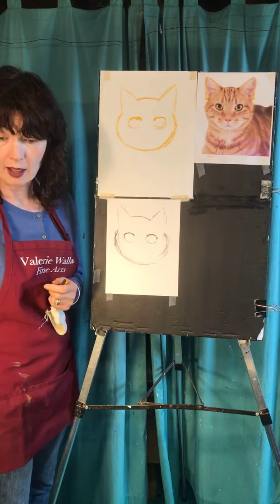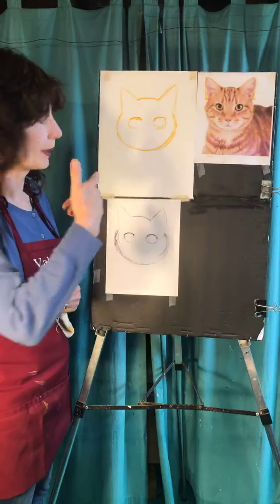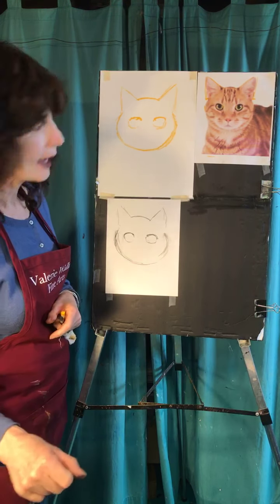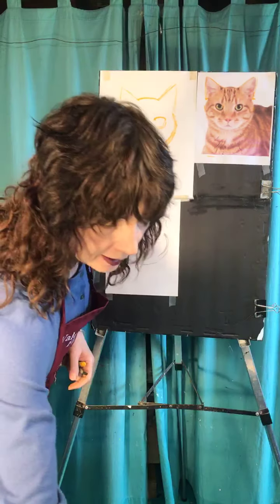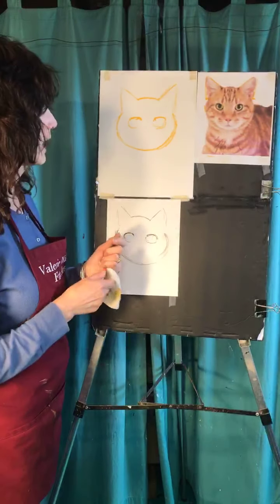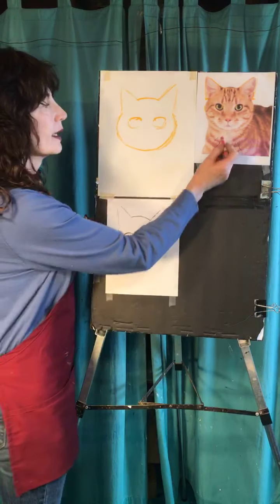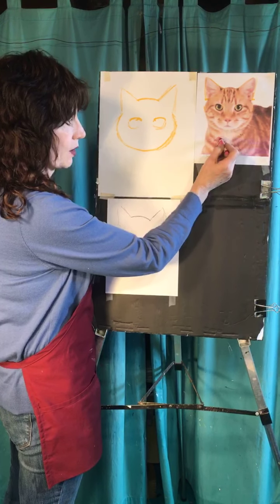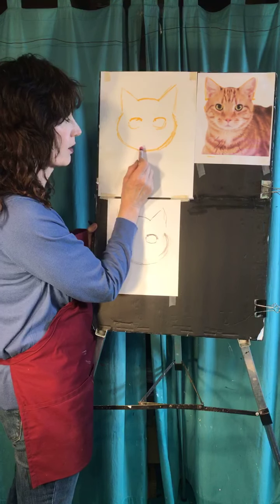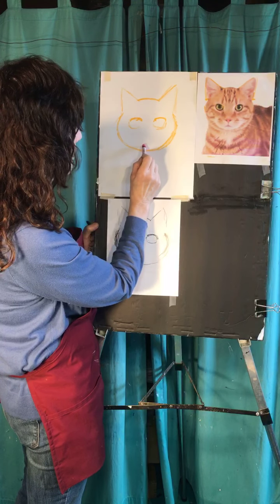Let's go ahead and take our pink. Okay, whatever color pink you want to use for his nose, let's go ahead and draw it with that. I am going to use a pretty good pink because I'm going with bright colors with this. So I'm going to take my nice bright pink and maybe this is the way to go. Let's start with his mouth instead of his nose because I want you to have a little teeny tiny little chin here, okay? So find the middle between your eyes and go up just a little bit and make just a little